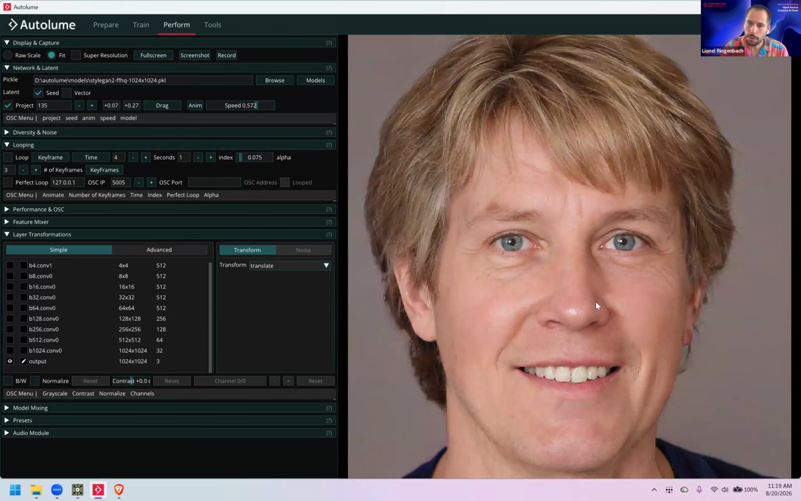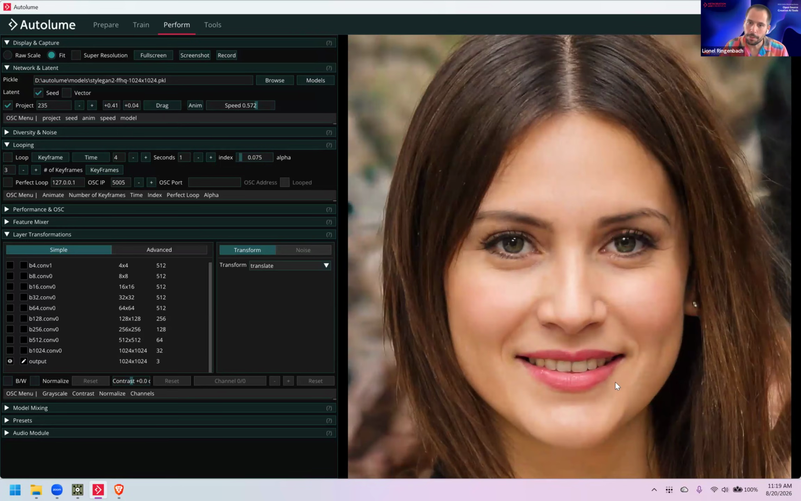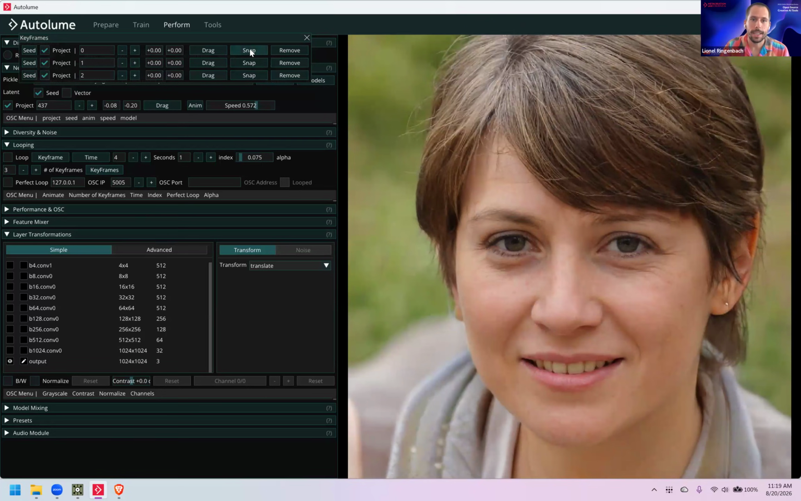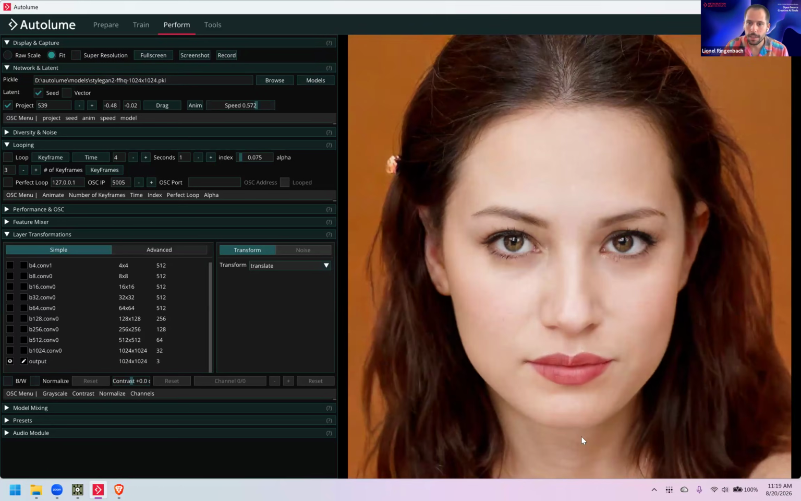Now I can define my own. I'm going to find a couple of different faces. Say I would like to have this face. You can click snap on the first keyframe here, and it will actually pick that position and assign it to the keyframe. If I continue navigating,